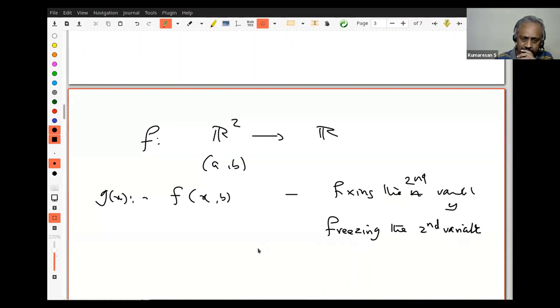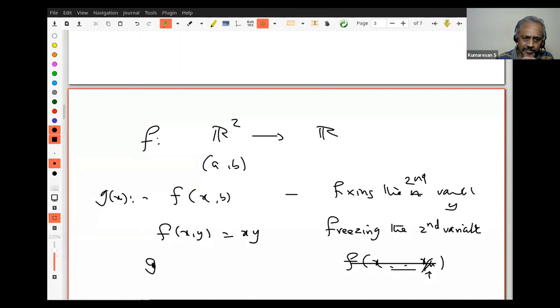As I said, the price of a commodity may be a function of so many variables, right? Suppose this is the dollar price. Let me assume the dollar exchange rate is fixed for the next 10 years. Then it will be a function of only the other variables. You understand that? That's what I'm doing. So for example, if f of (x, y) equals xy, what is my g of x at the point (a, b)? Y is b, therefore it is nothing other than bx. Do you understand this?